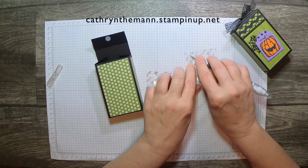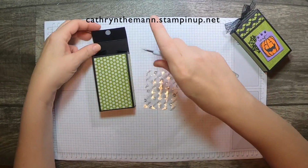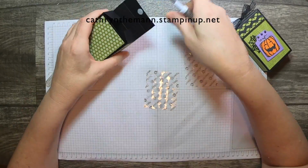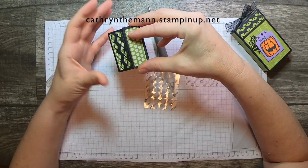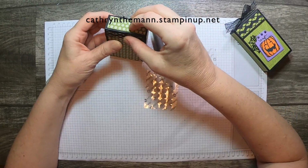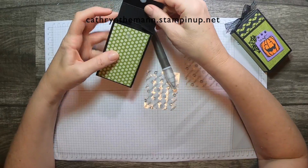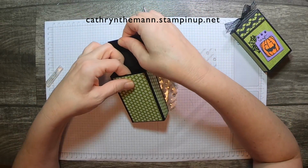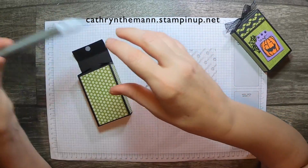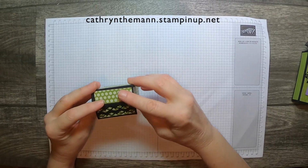And then I'm going to take the side that has the sticky side, the opposite side, whatever, and place it on there. And then fold over your box. Make sure it's nice and square. And just kind of press it and hope that it takes to the other side. Yes, and then just reinforce both sides. Okay. Alrighty, now we need our